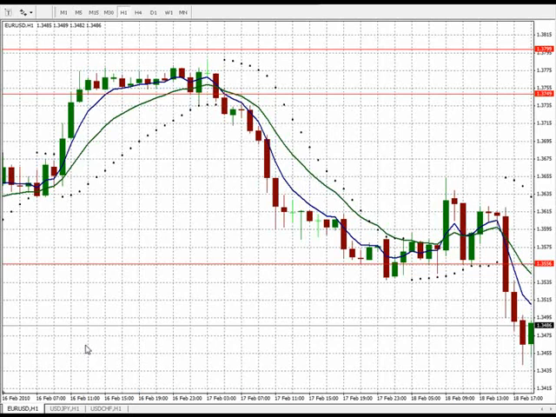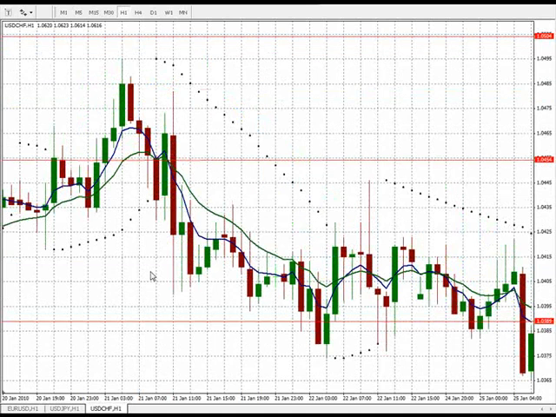Let's take a look at another example here. Okay, so looking at the US dollar Swiss franc on the 1 hour chart, again, we're looking for our indication to enter the trade. And once again, that happens when the blue line, which is the EMA 5, crosses below the green line, which is the EMA 12, so that has happened at this point. And when that occurs, we need the parabolic SAR dot to appear above that candle, and that happened in this case. In this trade, we entered at 1.0454, and we set our initial stop loss 50 pips above that for a short trade. So we add 50 pips, and we set our stop loss to